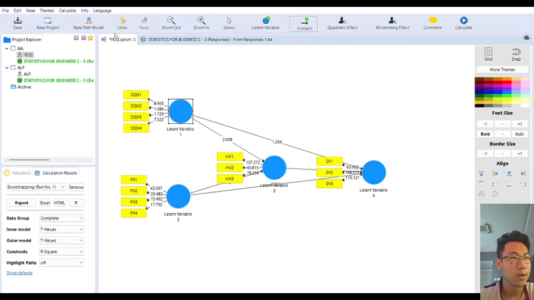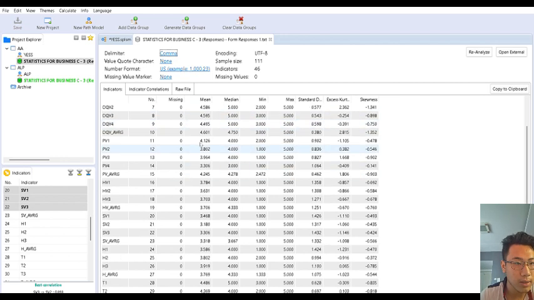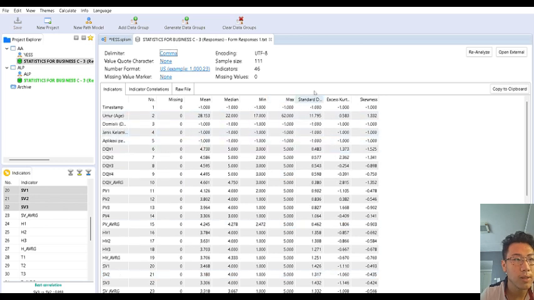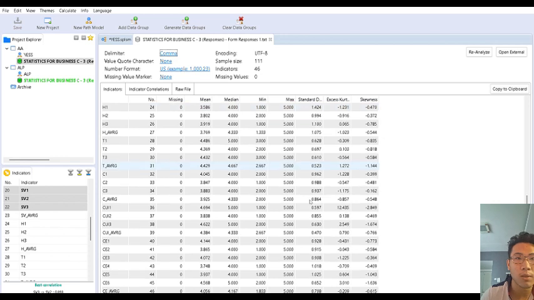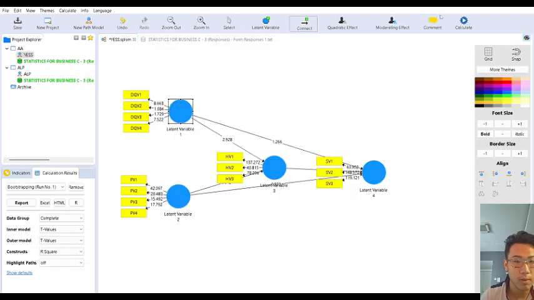For that, we go to the data set, and this is the mean of the data, and the standard deviation is this. You can see this. Okay, after we know that, we can go back to the model and calculate the correlation. We can go to the algorithm and start.